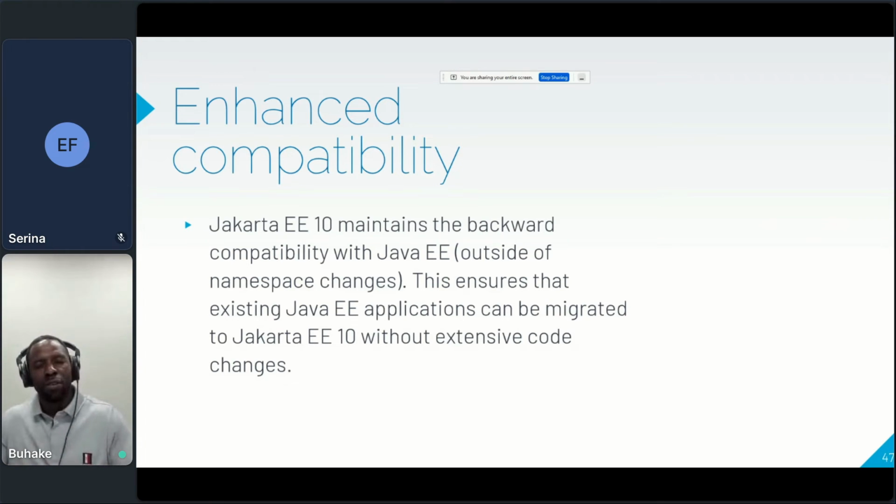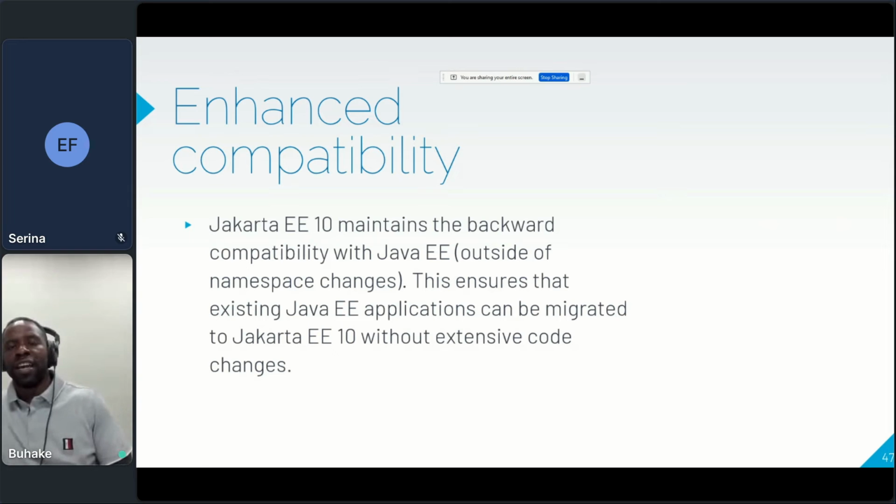For those that don't know, the namespace changed from javax to Jakarta, I think, from Jakarta EE 9, because Jakarta EE 8 still adopted the javax namespace, but it was now part of the Eclipse Foundation.